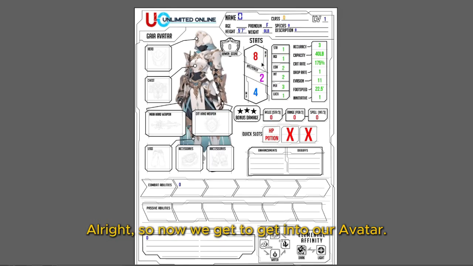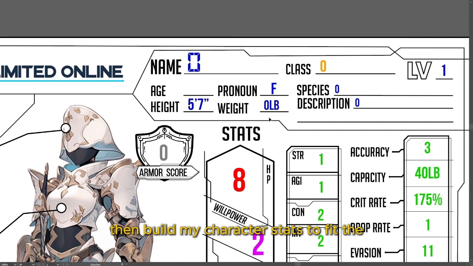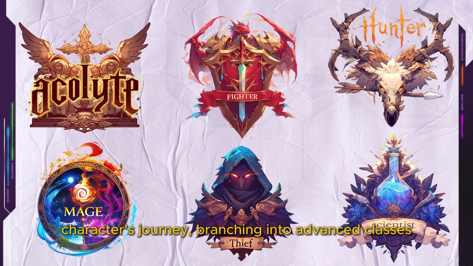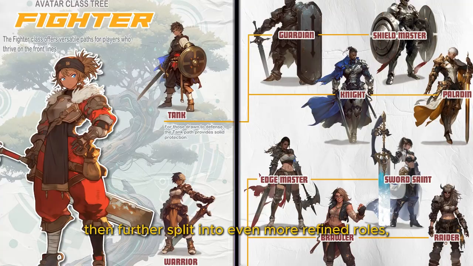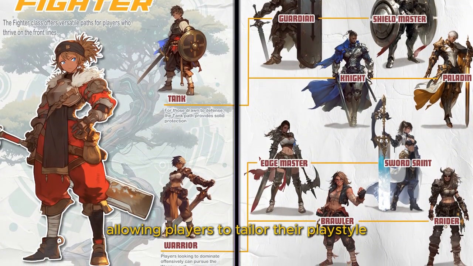Alright, so now we get to just get into our avatar. I like to start off with my character class, then build my character stats to fit the fantasy of the class. So Unlimited Online has 6 class archetypes. Each archetype serves as a foundation for your character's journey, branching into advanced classes that offer greater specialization and unique abilities. These advanced classes then further split into even more refined roles, allowing players to tailor their playstyle to suit